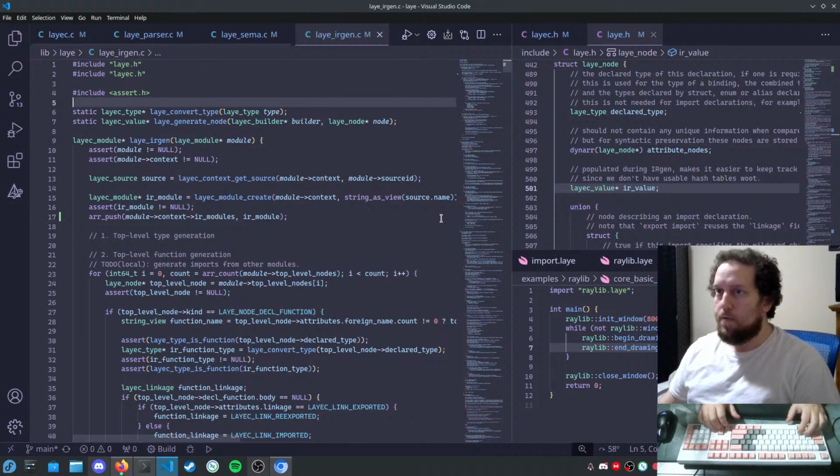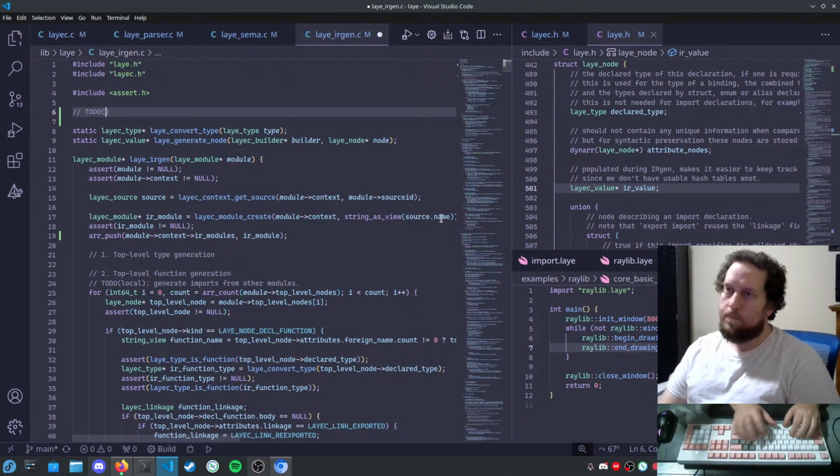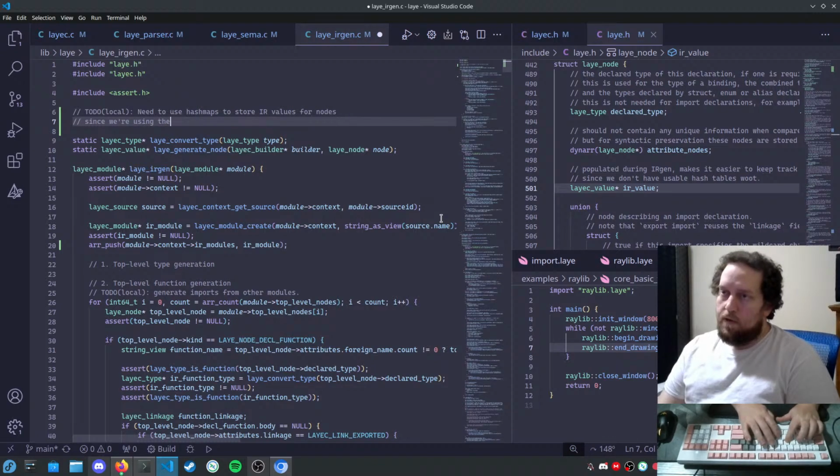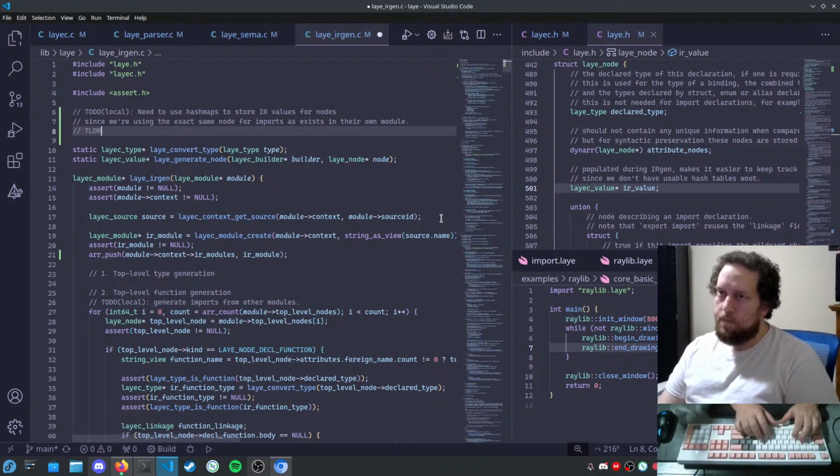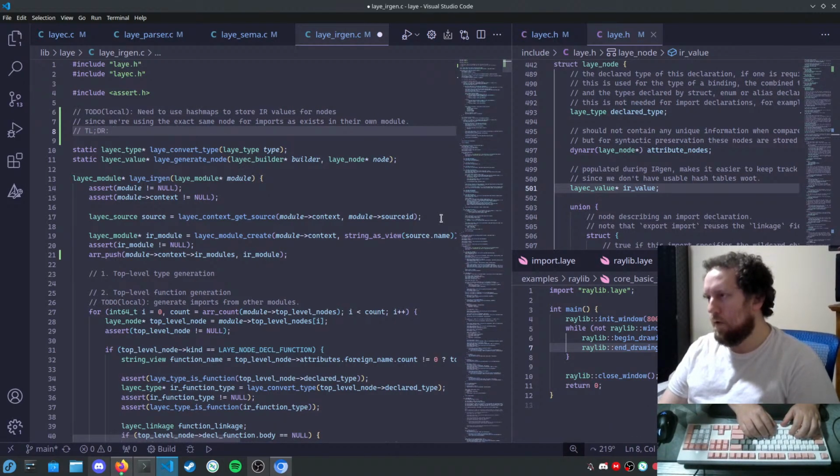But big to-do: need to use hash maps to store IR values for nodes, since we're using the exact same node for imports as exists in the other module. TLDR, IR node and value must go. IR module or